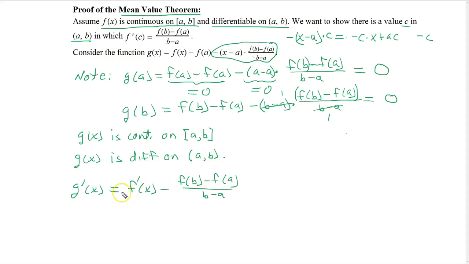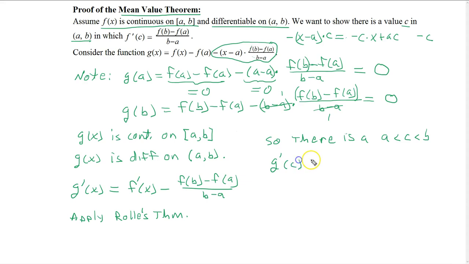So now what we can do is apply Rolle's theorem. And Rolle's theorem makes a statement that there exists some number c between a and b. So there is a c in which the derivative of g at c is equal to 0. So if we put c in here for x, and now we just take this term over to the other side, we obtain that